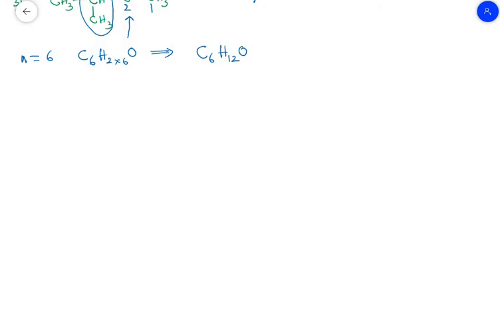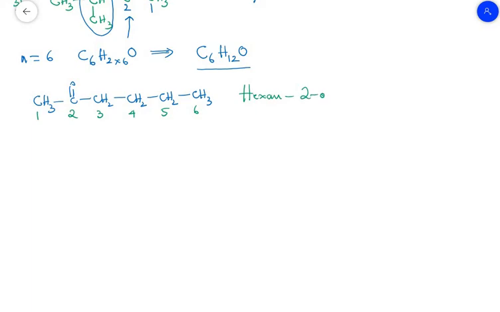Now if n is equal to 6 then our formula becomes C6H12O. So totally there are 6 carbon atoms and we have the ketonic functional group. Let us write the first example: CH3, C double bond O, CH2, 3 carbons, then this is the 4th carbon, this is our 5th carbon and this is our 6th carbon. We have to give the lowest possible number for our functional group, so we number from left to right, 6 carbon atoms are present. Therefore the name of the compound is hexan-2-one.